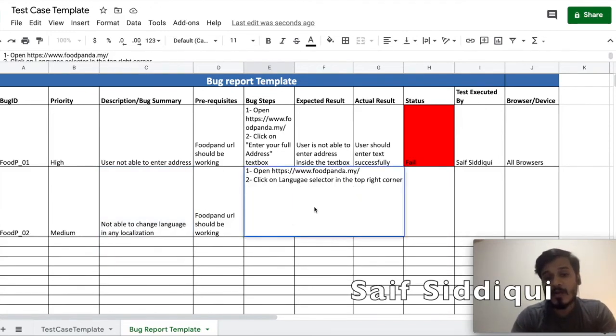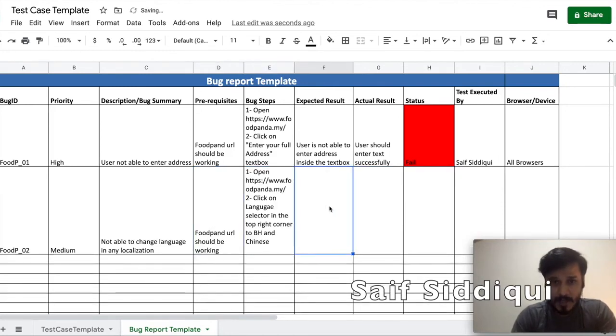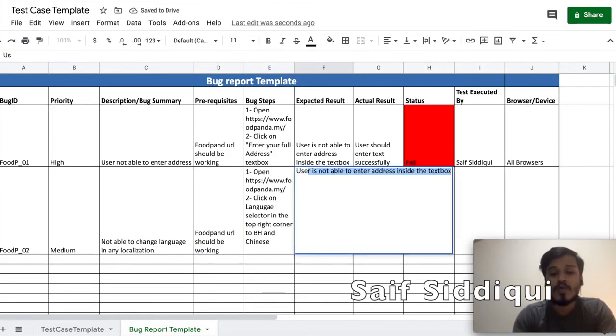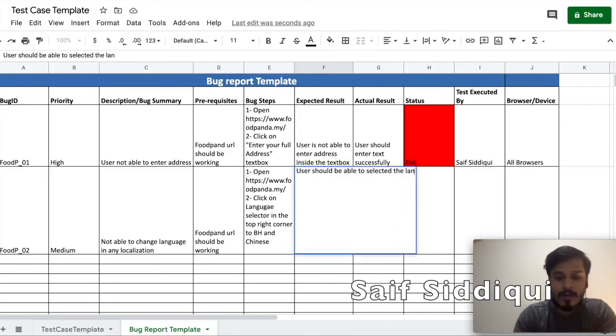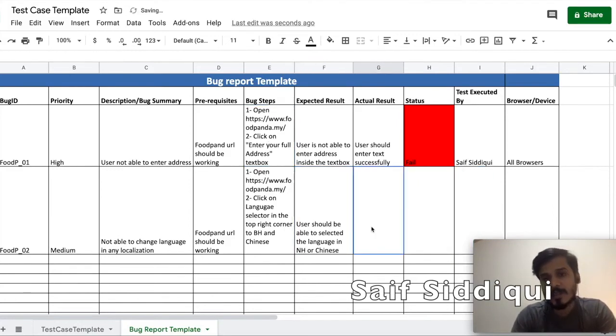Maybe I can also write click on language selector in top right corner to BH and Chinese, and the expected will be user should be able to select the language in BH or Chinese. This is going to be my expected result.